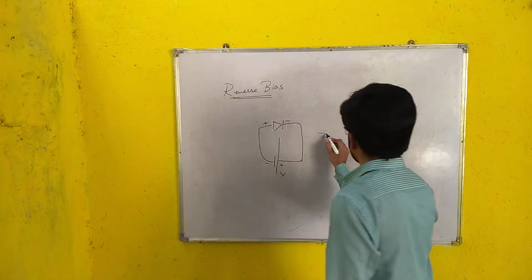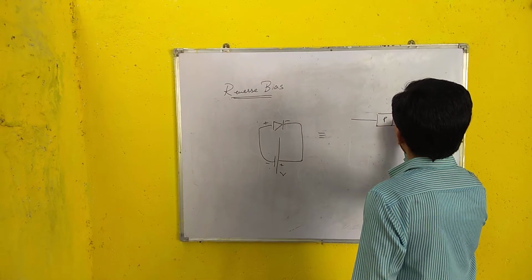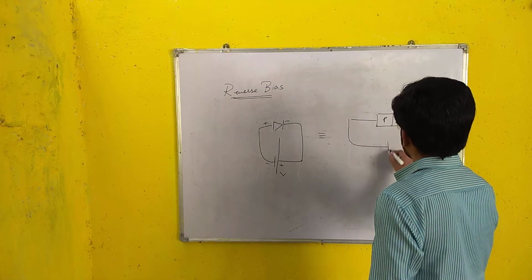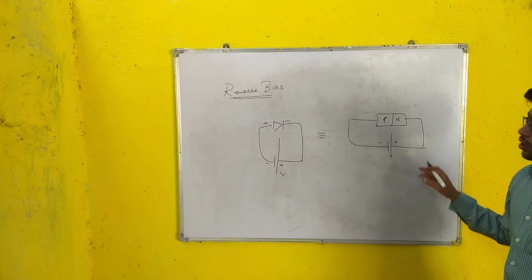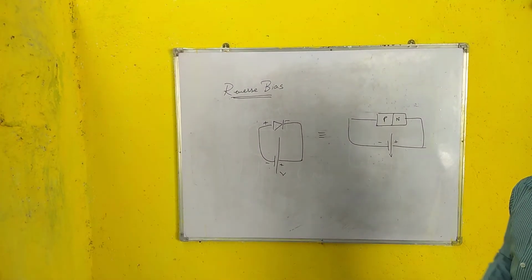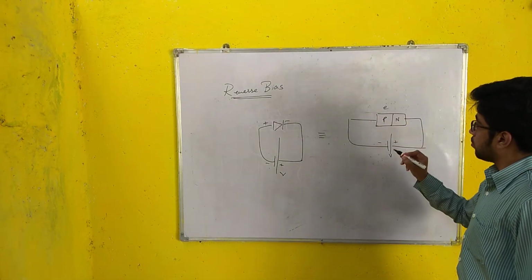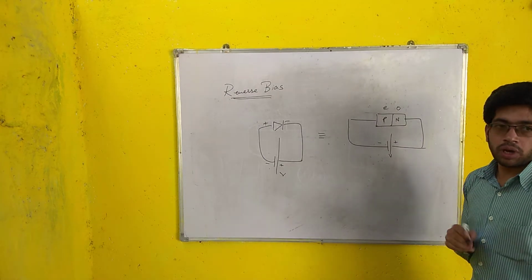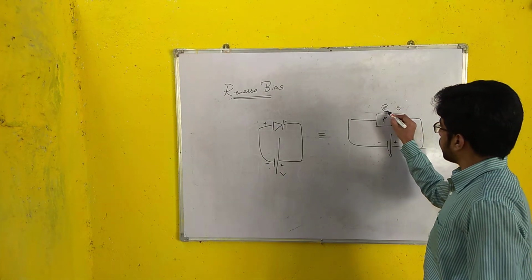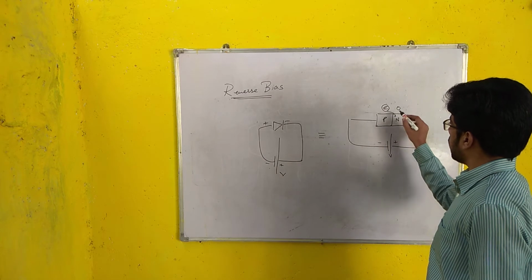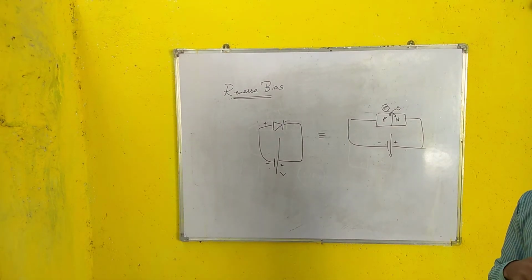In P type the minority carriers are electrons and in N type they are holes. Minority means less in quantity. So electrons from P type will move towards N type and holes from N type will move towards P type,